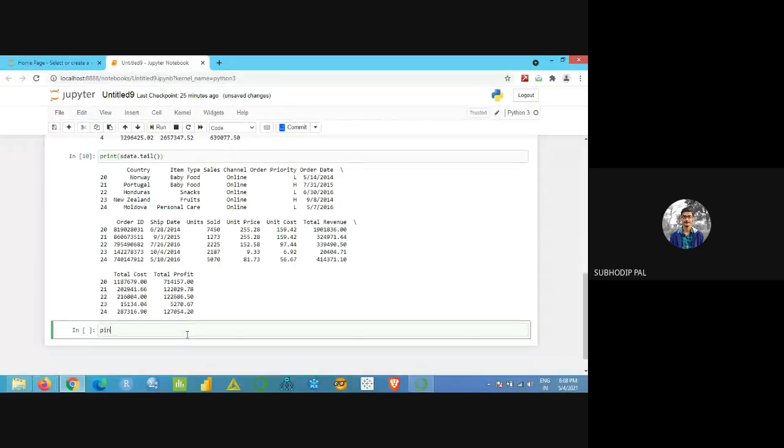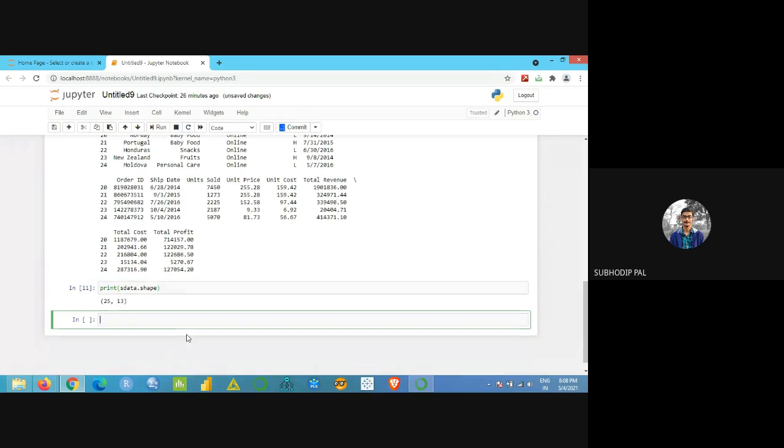So I'll write print, then open and close parentheses, and inside the parentheses I'll write my data, is data, I've given the name, right? Dot shape. Data shape I want. Okay, hit enter. This is the number of rows and this is the number of columns. There are 25 rows and 13 columns. Got it?